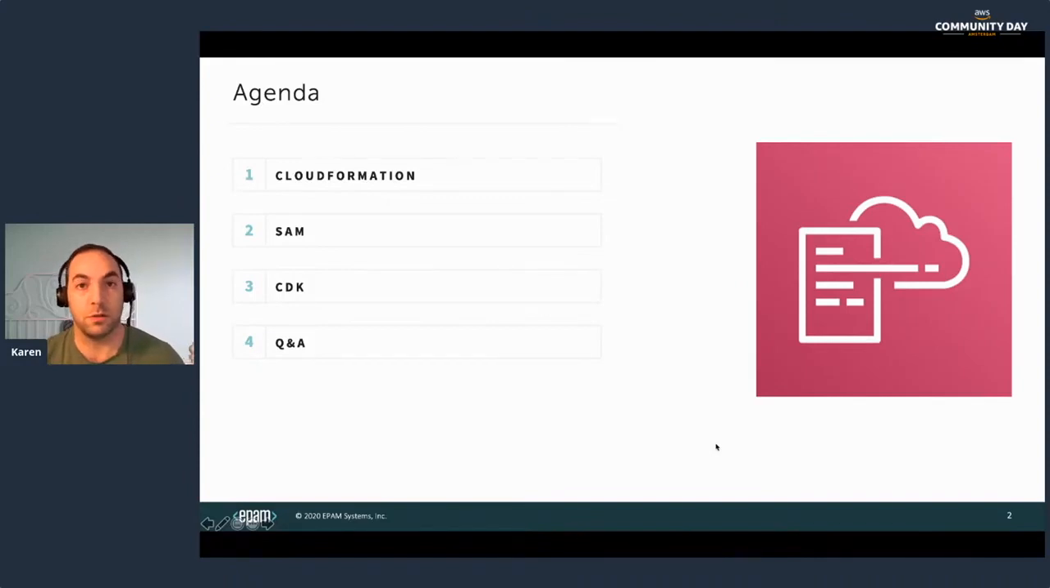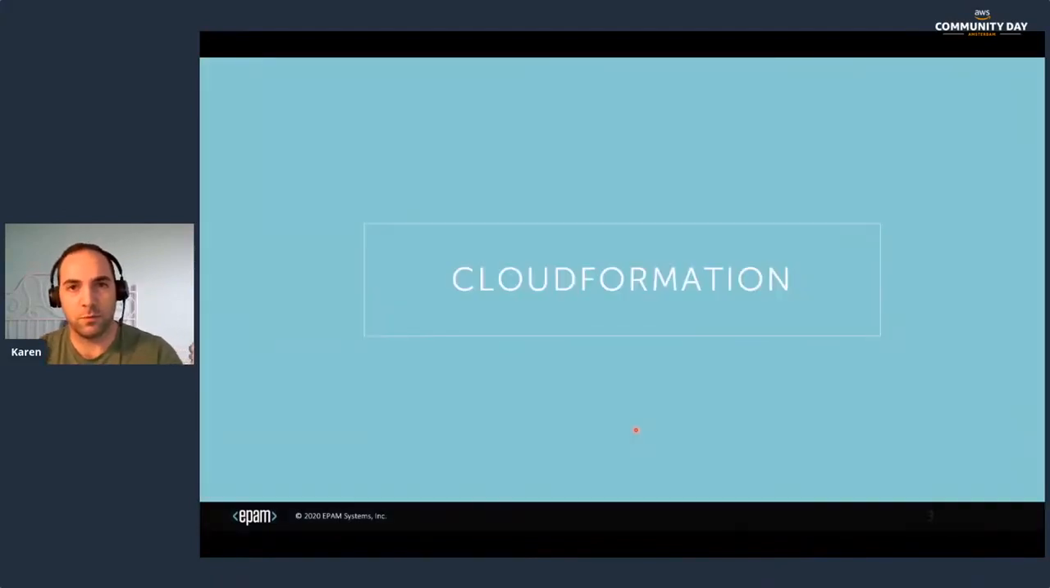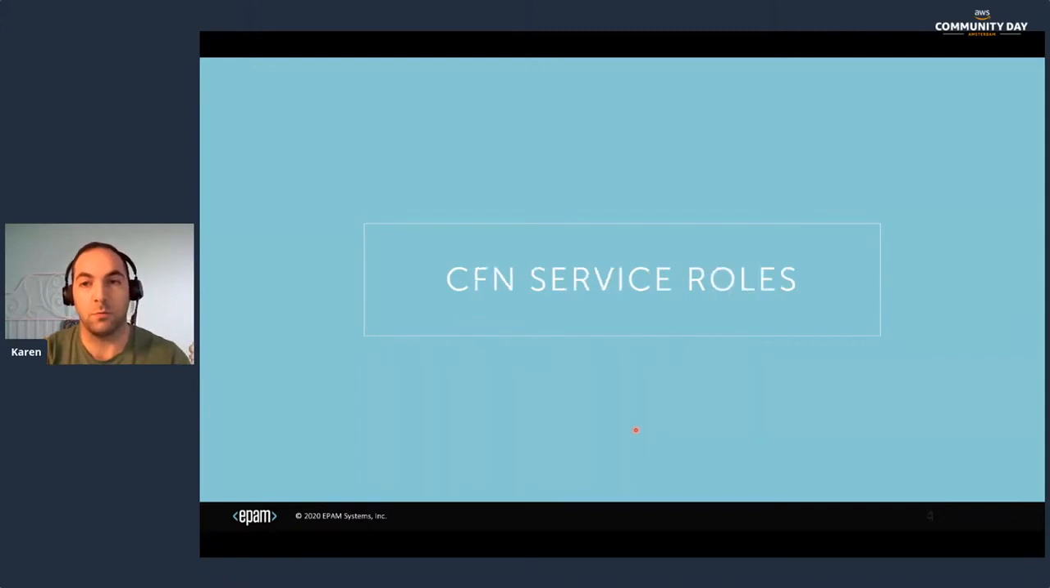So the first is going to be CloudFormation, my best friend ever. Then I will share some small tips and tricks on SAM and CDK. Those products for me personally are still young, especially CDK, but there is a lot of stuff we will see in future, hopefully. So I will need my laser pointer. I'm going to start with CloudFormation, and I'm going to start with security as one of the most important